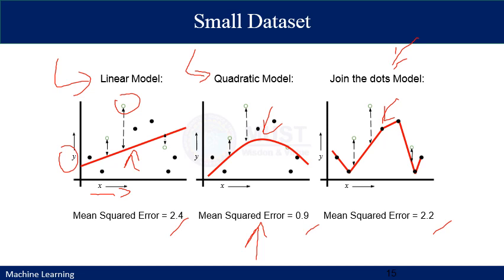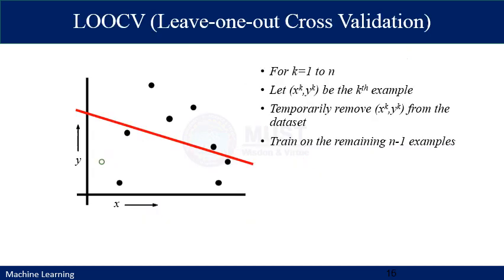But still we have the problem of the small dataset. Therefore, we are unable to train the model onto the whole set because of the deviance. So one technique to overcome such problems with a small dataset is the leave one out cross validation technique. So in this technique, let's say we have n examples, and for all examples we take from